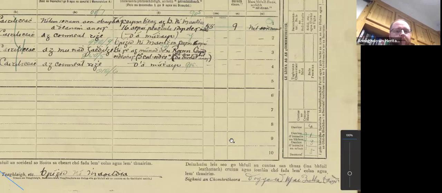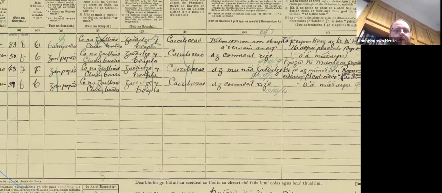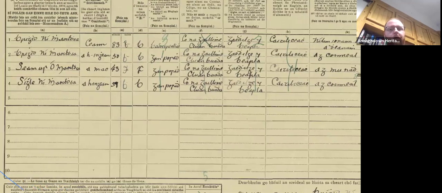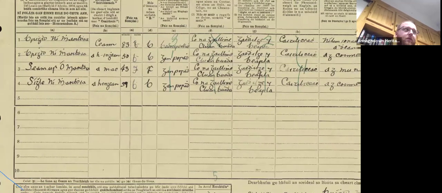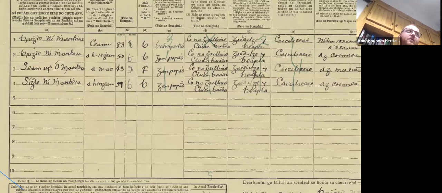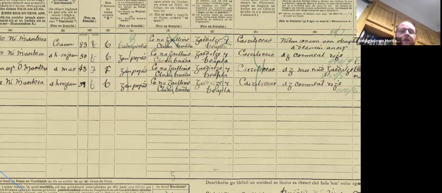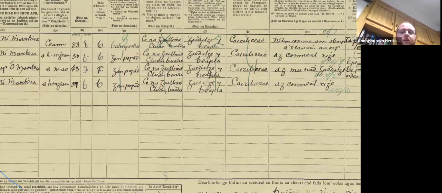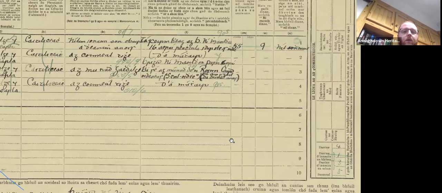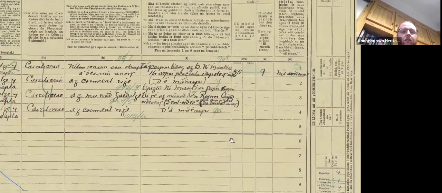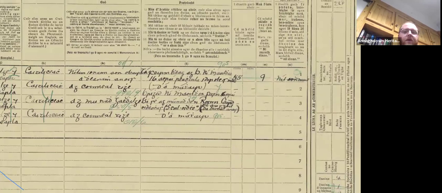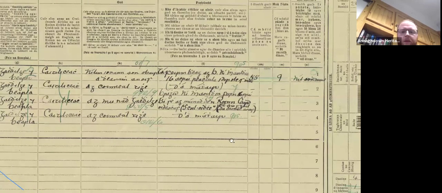By any chance, do you know what the green writing is? I think when it was centralized and they were doing statistics on it afterwards, they annotated it so that they could flick through it and see at a glance. So when it was sent to Dublin, after it had been collected, they were compiling all the statistics. That's my understanding of it. They wouldn't have interfered with them at the time.